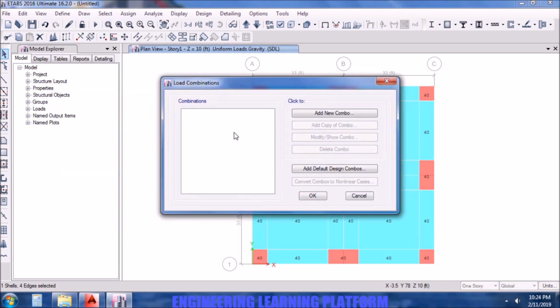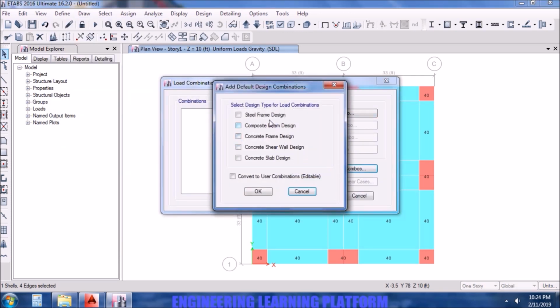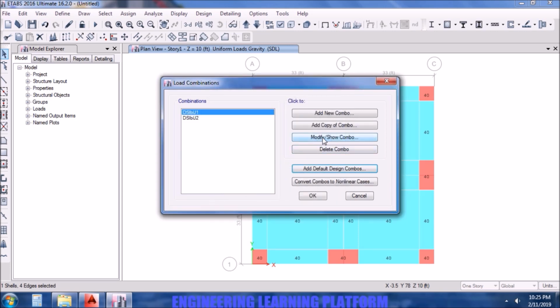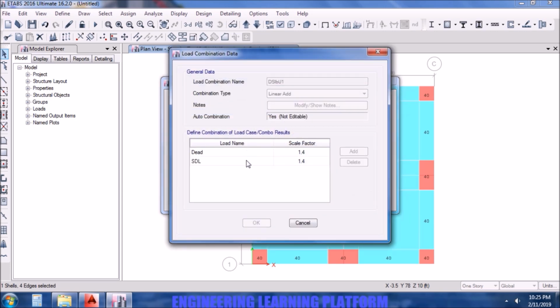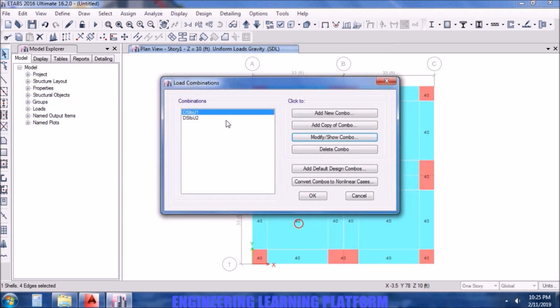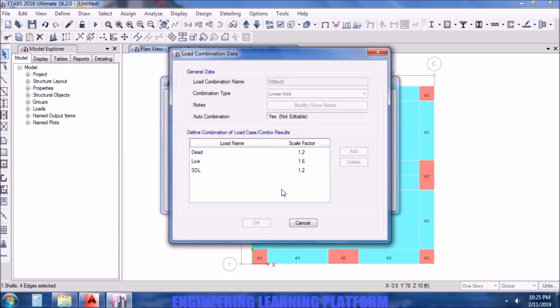Now go to load combinations, and the default load combinations will be on the basis of the code you selected. Now for a serviceability check, add a long-term deflection load combination,